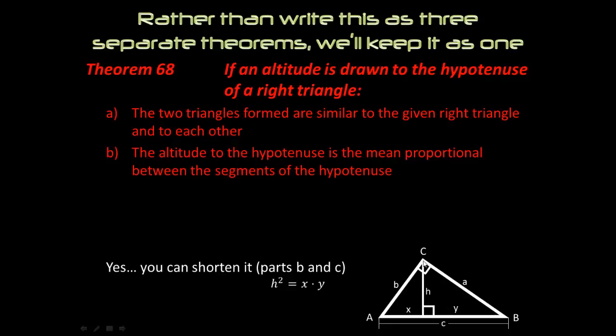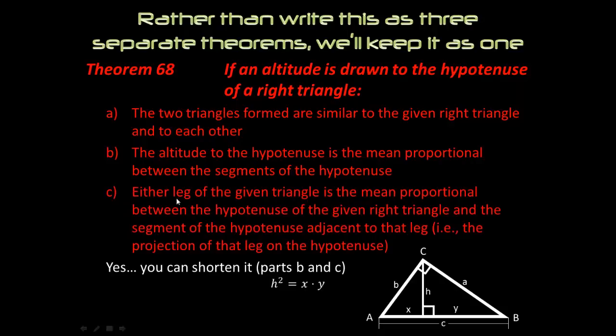So whatever that altitude is, however it's dividing up that segment, that's the mean proportional between the two. All right, C says either leg of the given right triangle is the mean proportional between the hypotenuse of the given right triangle and the segment of the hypotenuse adjacent to that leg. So for example, we can say that b squared, remember, the segment that's split by the altitude,